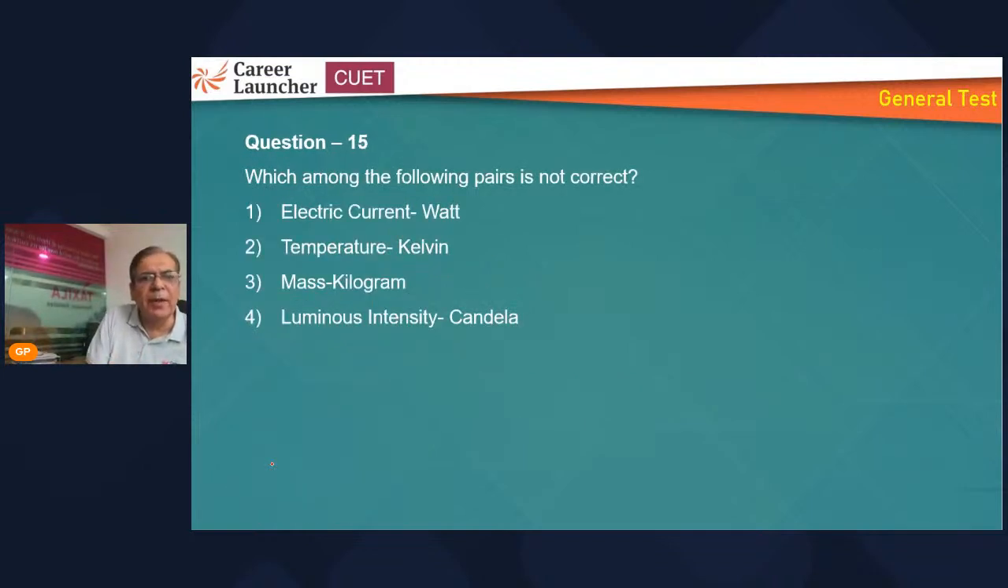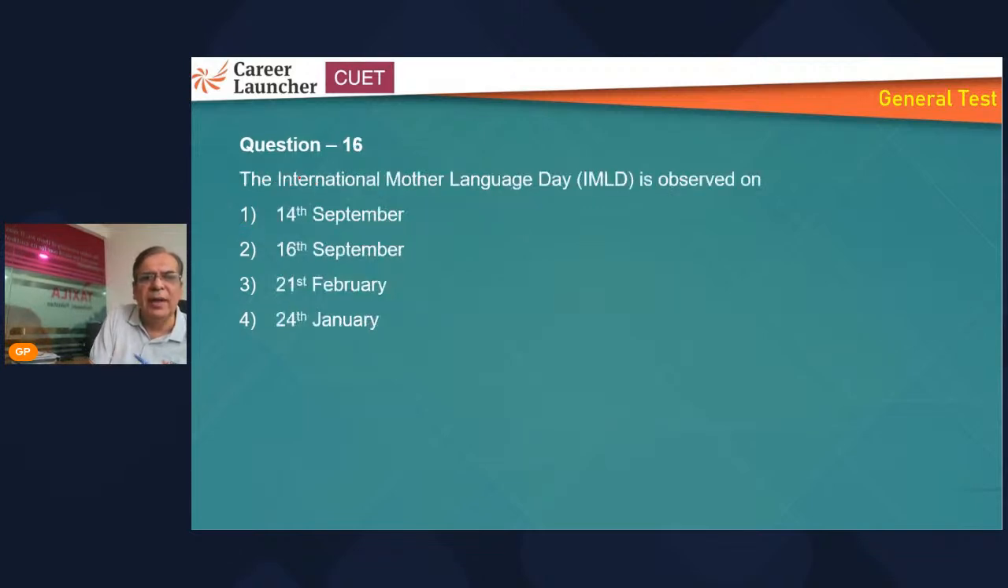Which among the following pairs is not correct? इलेक्ट्रिक करंट का तो एम्पियर होता है यार, ये तो फिजिक्स में पढ़ा था हमने. So there is the correct answer. So question number 15 also we have marked the answer. 16,